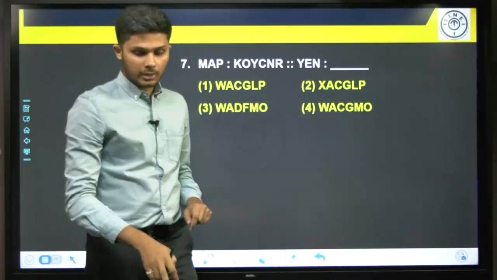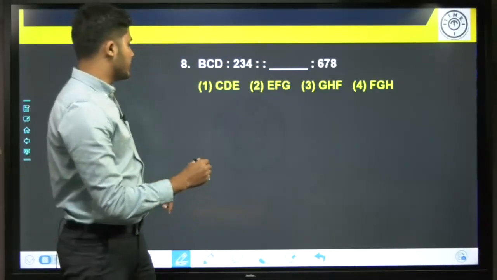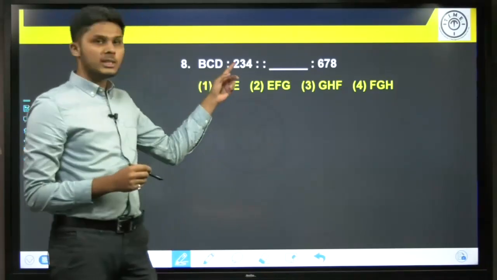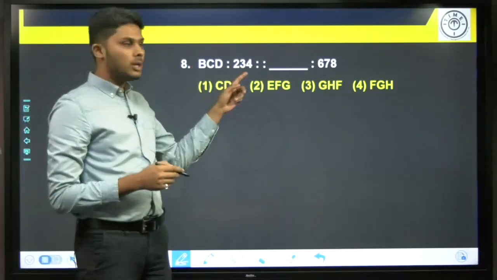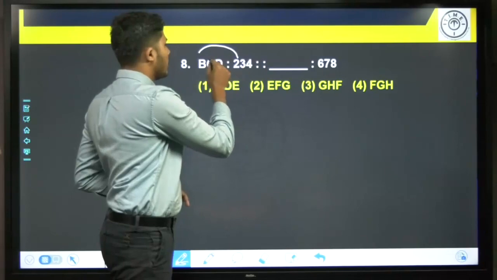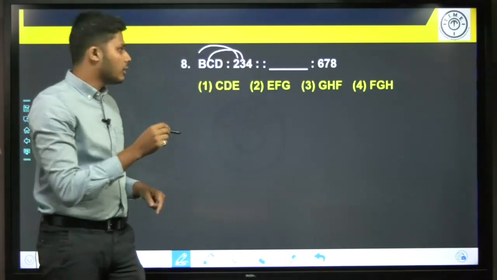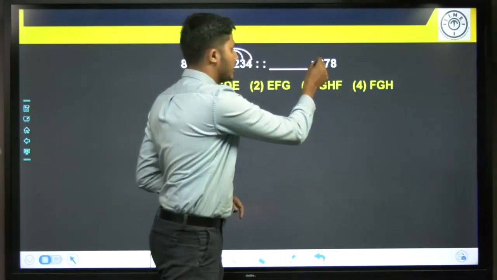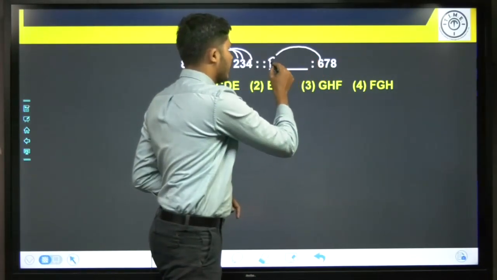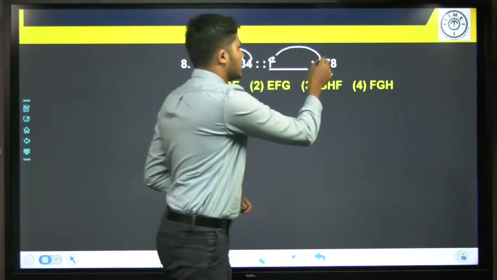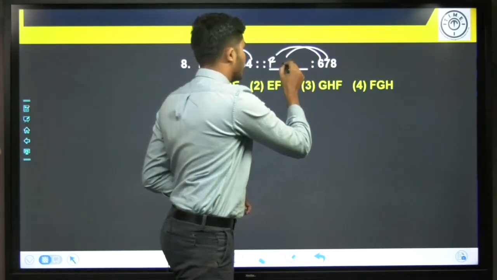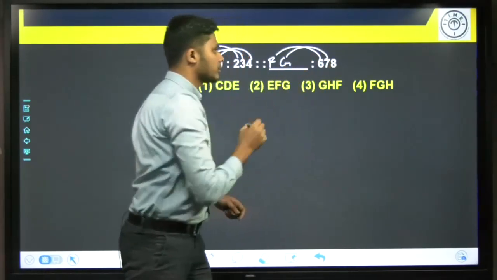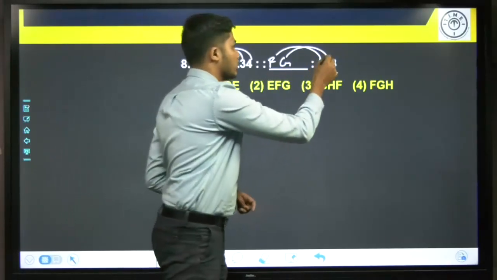Let's look at the next question, the 8th question. BCD. Here we can clearly see that the place value of B is 2. Similarly, the place value of C is 3 and the place value of D is 4. Hence the place value of F is 6. G is the place value of 7, and the place value of